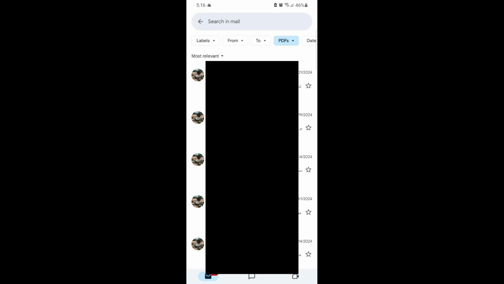It's that simple. You can scroll through the results and see any messages where someone sent you a PDF, whether it's work documents, receipts, ebooks, or important forms. This search filter works for any folder in your Gmail, whether that's your inbox, sent mail, or even custom folders